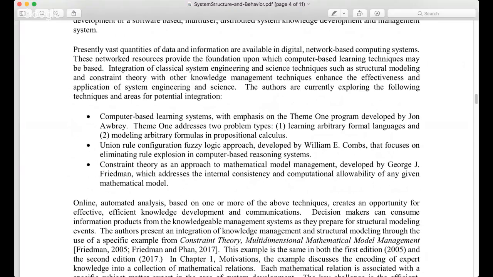Bill has done quite a bit of work in logical rule integration in the area of fuzzy logic or integrated multi-valued logic. One of the interesting things, the connection between Theme 1 and the union rule configuration, is the differential logic and the basically triadic approach that John Aubrey uses in